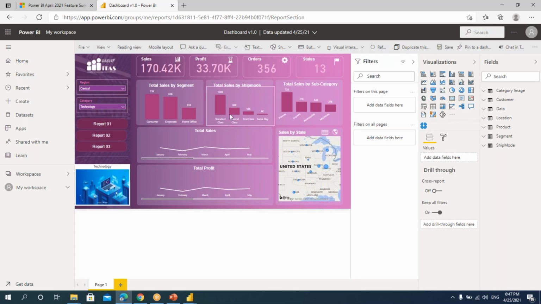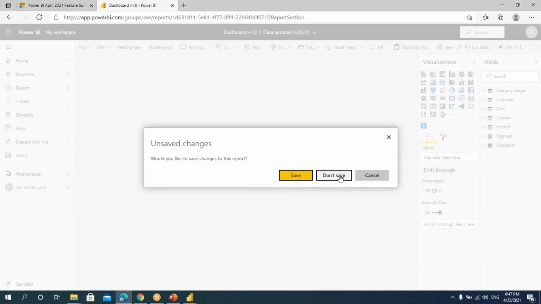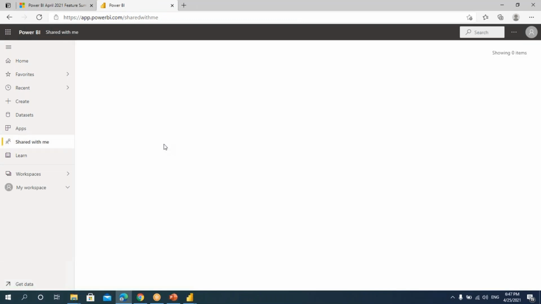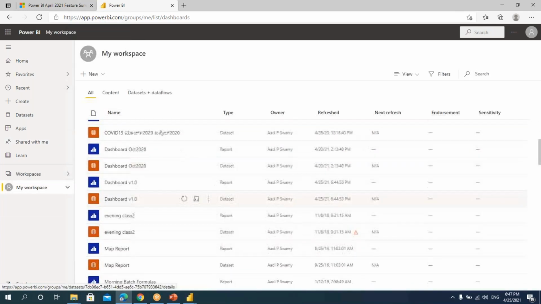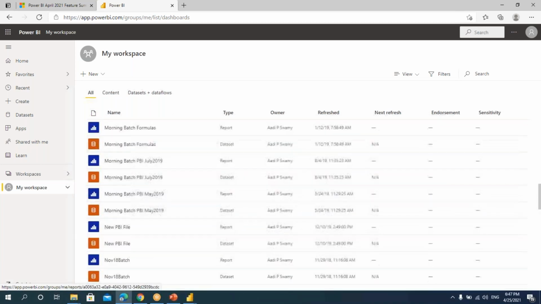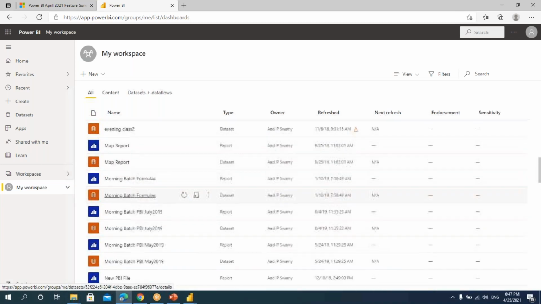Now, if you have this Power BI desktop, if someone has shared the files with you, you can go here, you can see that shared with me. That is all the files if someone has shared with you, so that will be listed down here. And all the dashboards what we have created, that will be there in this workspace. If I go and click on this workspace, you can see all the dashboards here. So if you just scroll down, there are so many dashboards which we have created. So all this will be loaded here.